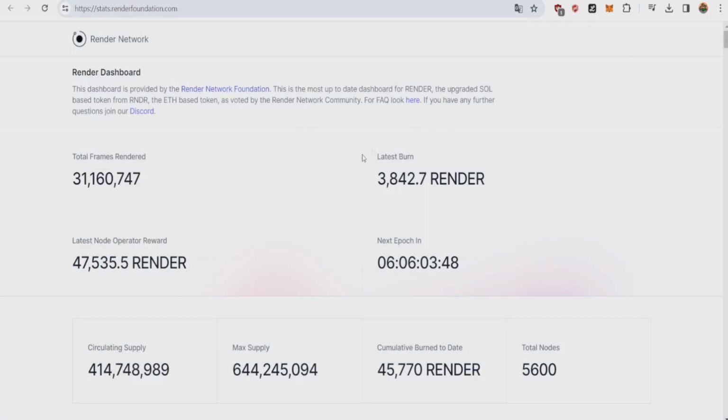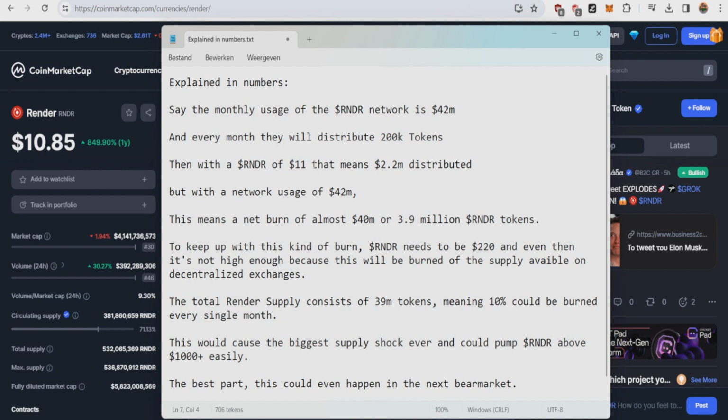These 200,000 tokens are actually from the official render network dashboard, in which it is shown that every week there will be 47.5 thousand render tokens minted or distributed to node operators. I rounded it up to 200,000 to make it a little bit easier. So with a render token of $11, this means that around $2.2 million in render tokens will be distributed